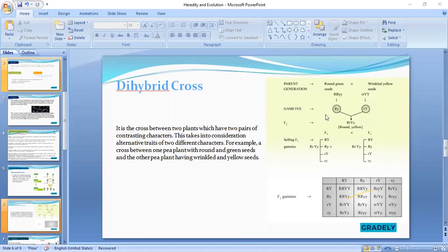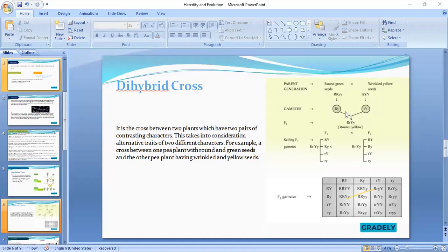So this is a monohybrid. This is a monohybrid. So when we cross all, the F1 generation will be capital R, small r. That is heterozygous. Here, capital R, small r, capital Y, small y. Small r, capital Y. Are you getting it? So this is the result of the F1 generation in this dihybrid. The dihybrid is a series of monohybrids coming together.